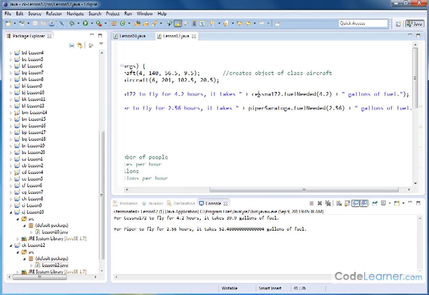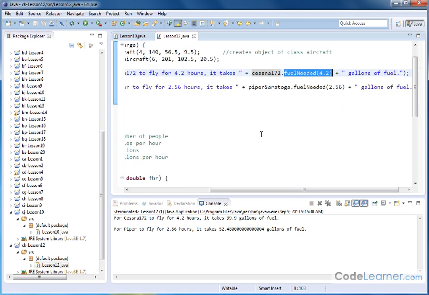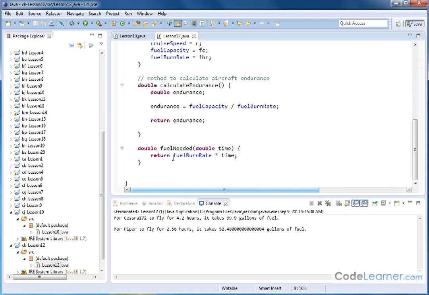Well, since it was the Cessna object that was calling the method, then when it comes down here, it uses the fuel burn rate for the Cessna object. It just kind of implicitly implies that when you call a method that's associated with an object, whenever you're operating on these member variables,